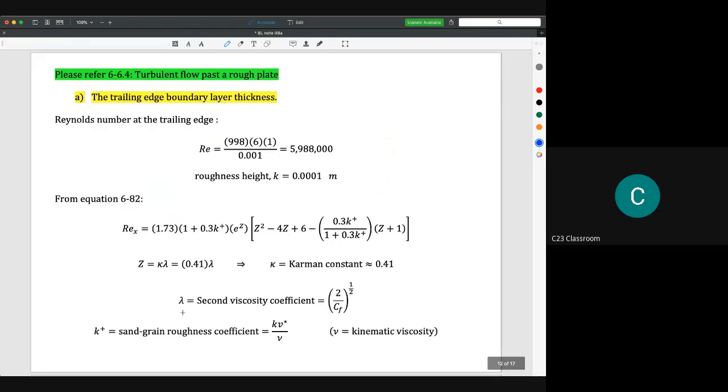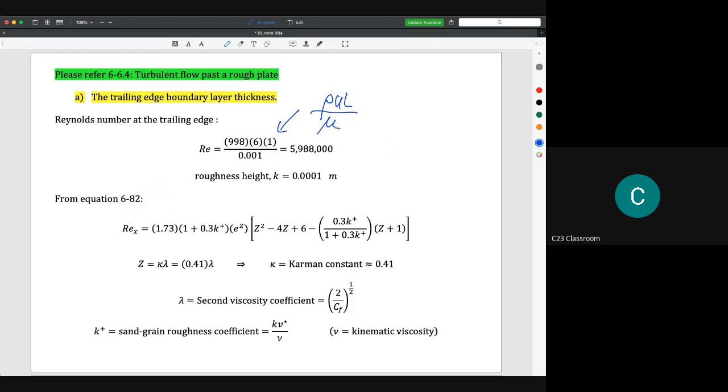Okay, so please refer to our textbook, chapter 6, section 6.4, turbulent flow past a rough plate, because the complete equation is actually there. For example, first we need to calculate the Reynolds number at the trailing edge. So we use the common Reynolds number, rho V L over mu, and we get